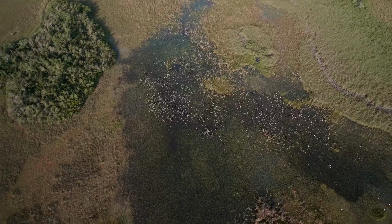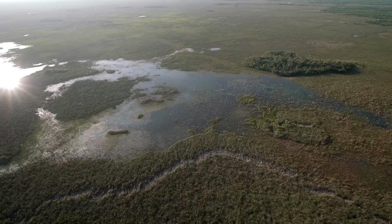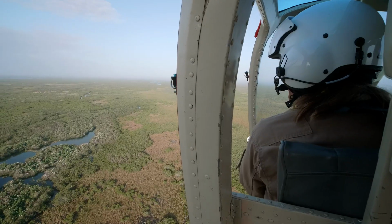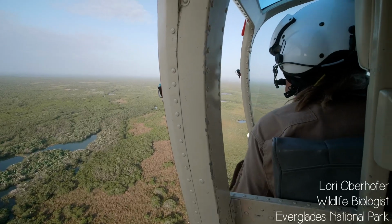I've been monitoring wading birds for going on about 17 years now, and during my March survey flight this year I saw thousands of white ibis setting up to nest. I've never seen that before. In fact, there were so many I felt like sort of a deer in the headlights. I couldn't even count